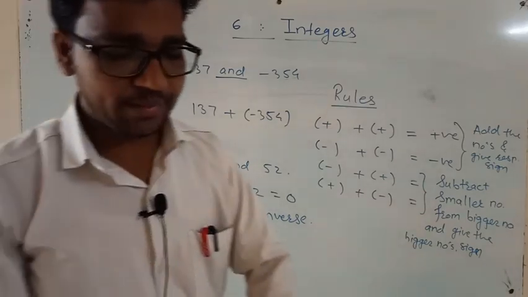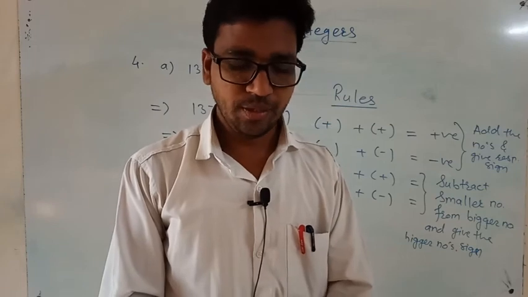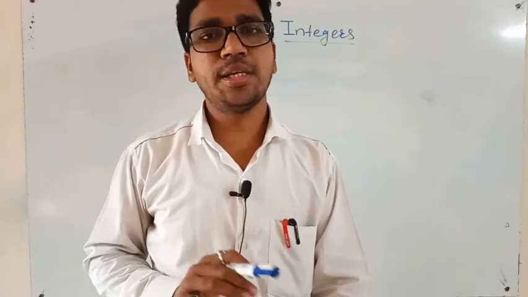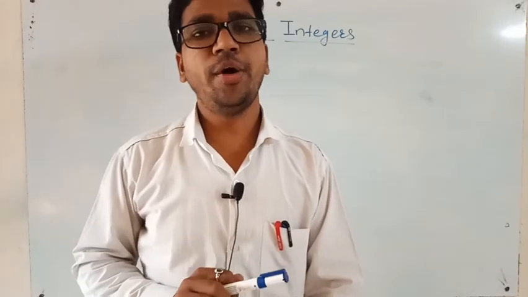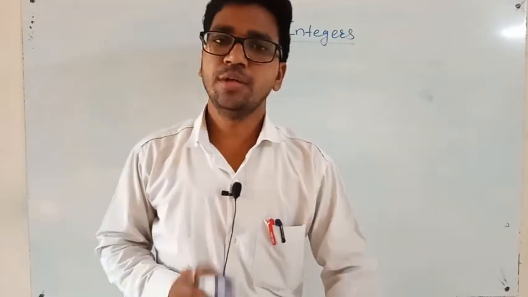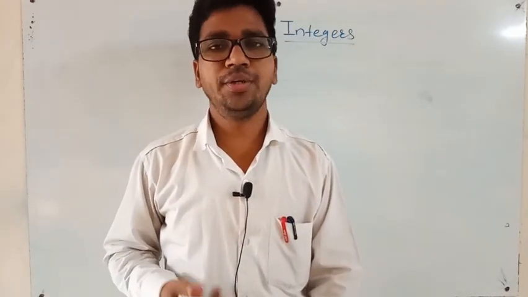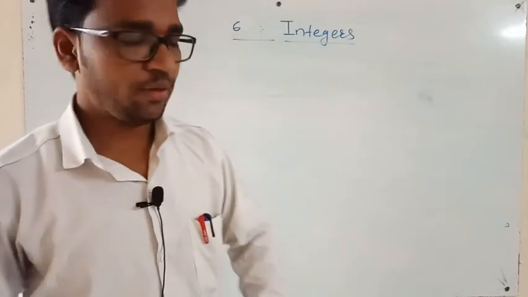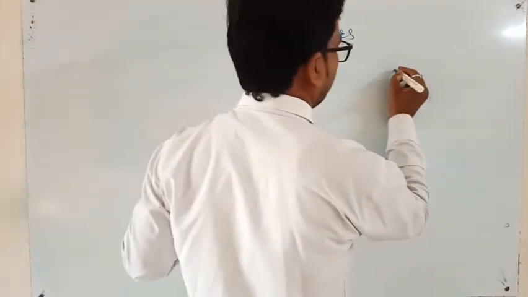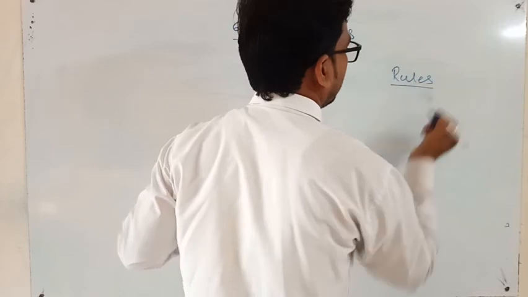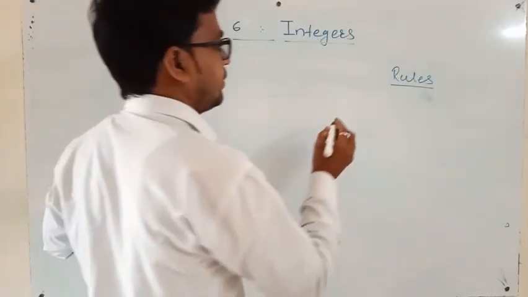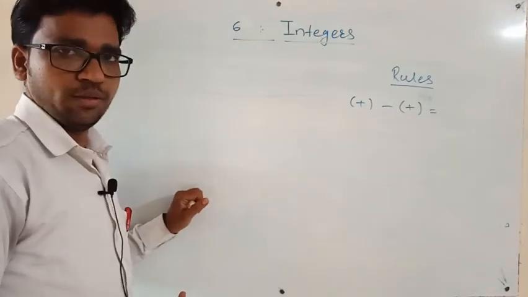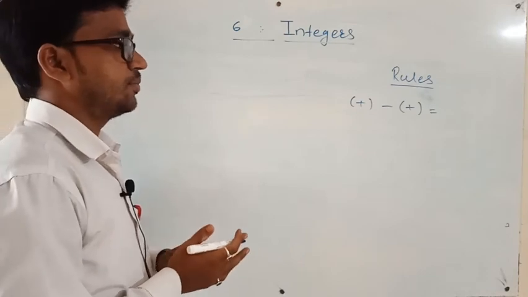So here our exercise 6.2 is over. I will continue here with exercise 6.3 also. So here we started exercise 6.3. In 6.3 there is subtraction. We already saw the addition. Now here it is subtraction. So in subtraction, what to do? Some rules are there for subtraction, just like addition. So the first rule is, if both the numbers are positive, then what?